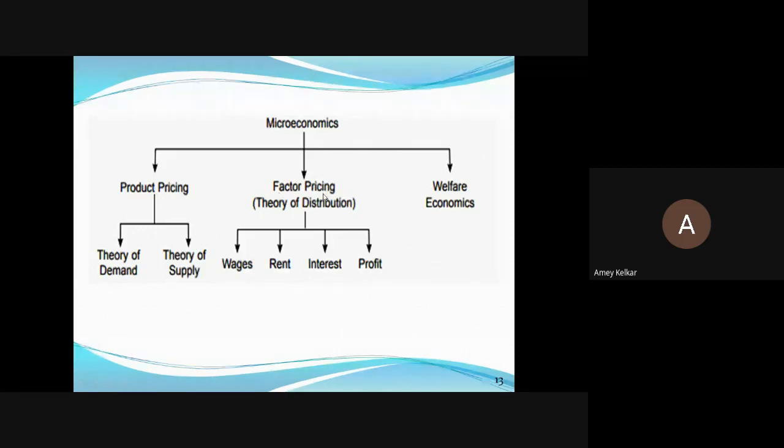Then next is welfare economics. So microeconomics also deals with welfare economics. What do you mean by welfare economics is this principle says that all who are working should be benefited. Fine, if you have a big industry, you'll earn big money. That's for sure. But because of whom will you earn the big money? Because of all the people who are working for your company, who are working under you. Of course, you're giving them the wages. That's there always. But if you make high profits, then what economics says is go for welfare economics, wherein you share some part of your profit also with the people who are working for you. That is a part of microeconomics.